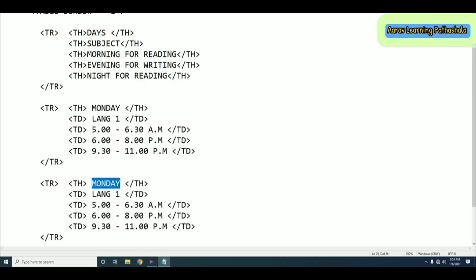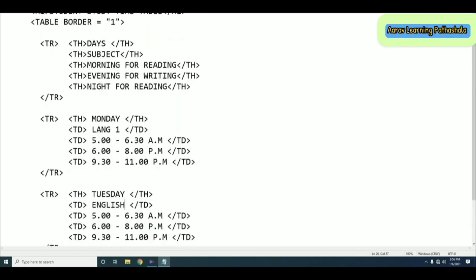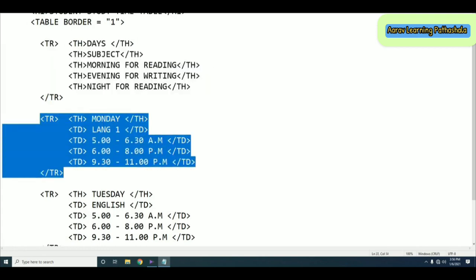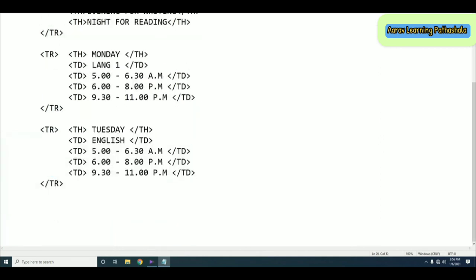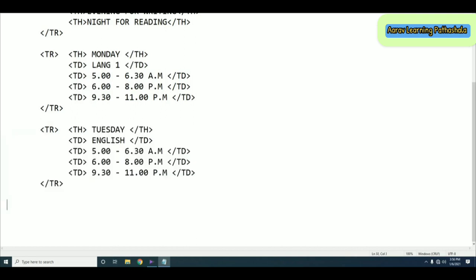Now this is for the second day. And here I can write one subject and let the timing be the same. So this is the second row. In this one, the first tr stands for heading. Under that, this is the first row and this is the second row. Now we have written the timetable for 2 days, and again you can copy the same thing, and if you paste it,